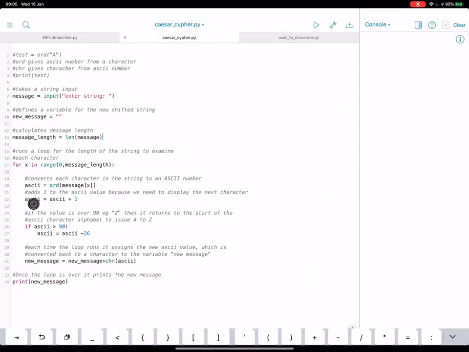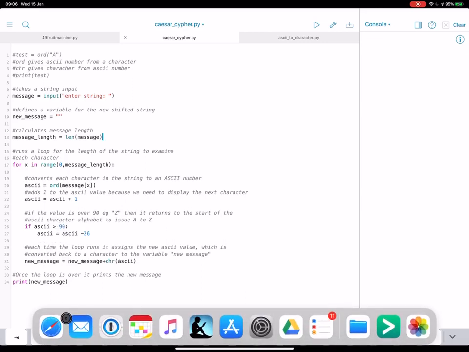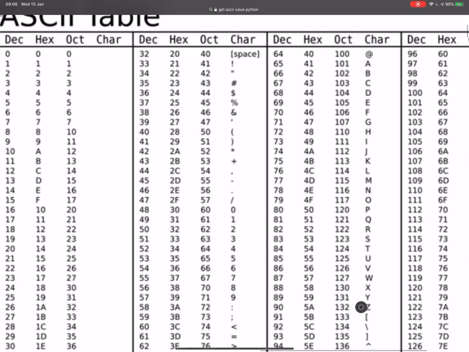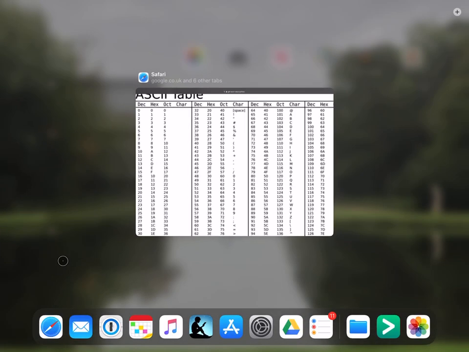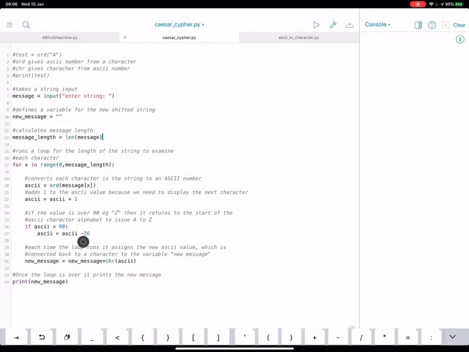Now, we need to now get that number, and we need to convert it back, which we'll do in a second, actually, because I forgot to say, if we get to 90, okay, so 90 is Z, okay, just there, so 90 is Z, we then need to convert back, all the way back, so Z becomes A. So in this case, we're minusing all the letters of the alphabet, so we go back to 65, which would be A. Okay. Now, so we've got the ASCII numbers. We've added 1 to each number. Okay.